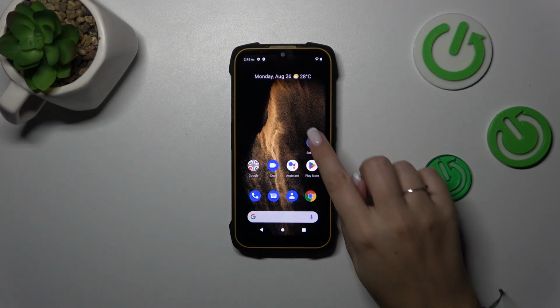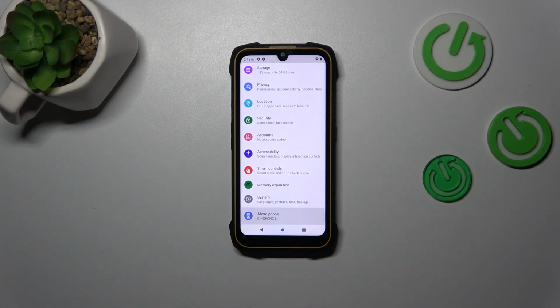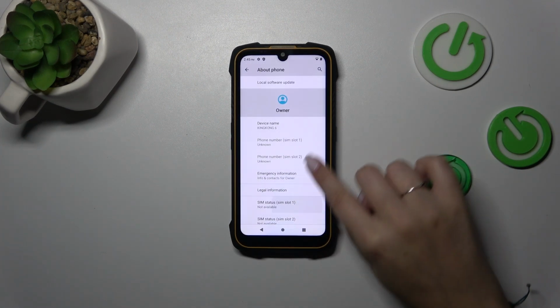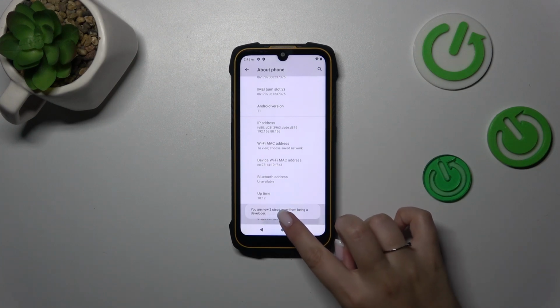So let's start with opening the settings, and here we have to scroll down to the very bottom to find About Phone. Now we have to localize a special number which is called build number, and as you can see it is at the very bottom of the list. So all we have to do right now is to simply keep tapping on it